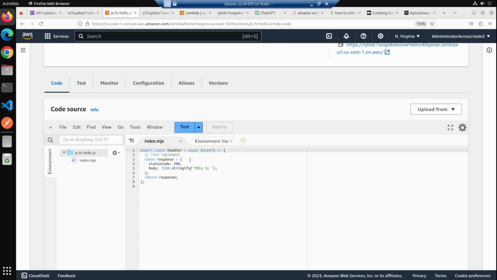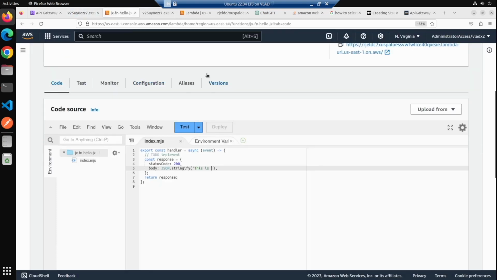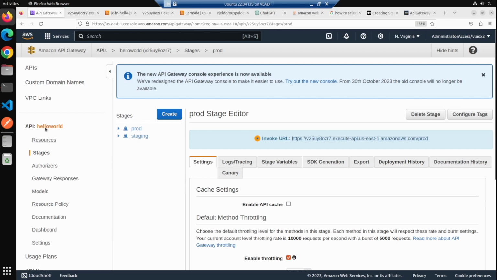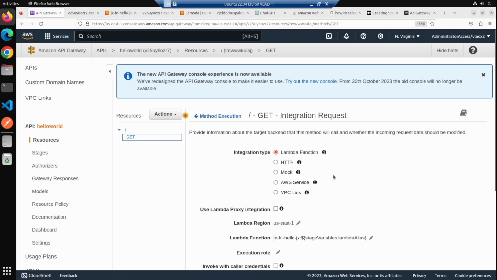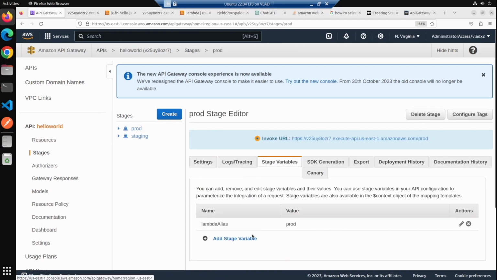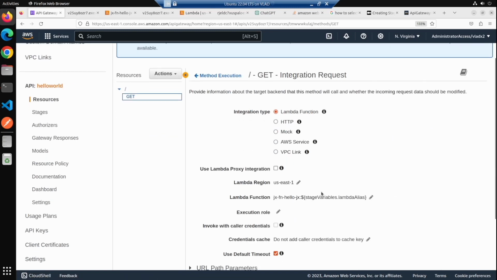API gateway. It should have this is. It's not completed. So if we refresh this, it should be this is. Yeah, that's it. So what we need to do is in our Lambda, we can control the alias and the version. And in our API gateway, we just need to set the resource here. In the Lambda, we specify this variable here, because this is going to be stage variables dot lambda, and this will be replaced when it goes to the stages. This is the stage variables, and then this is the stage variable dot lambda alias, and then we specify the value here. This entire value here will be replaced with prod,